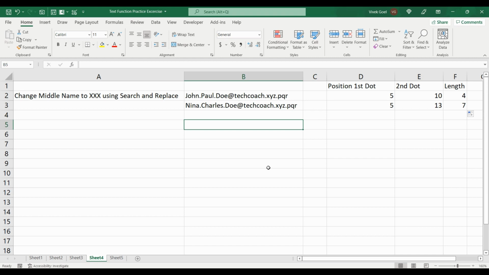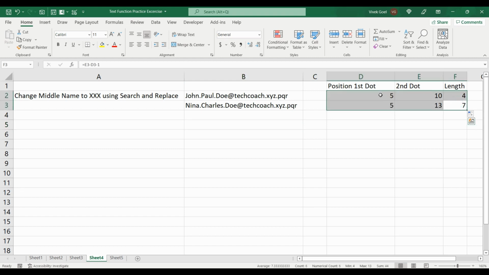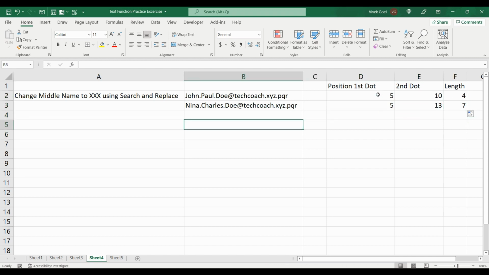For the next one, we have to replace our middle name with XXX. We already know how to extract the middle name or the number of characters we have in our middle name. We just saw it in the above formula. I have written the formula already, but you should calculate this on your own if you have not done it already.